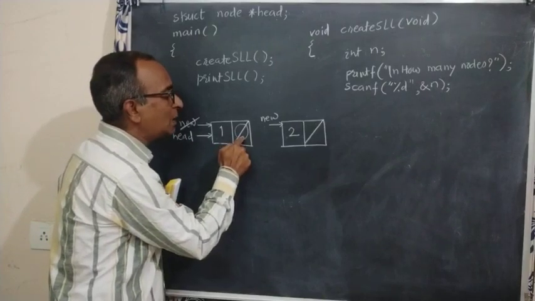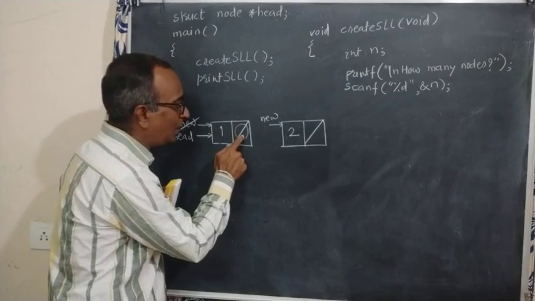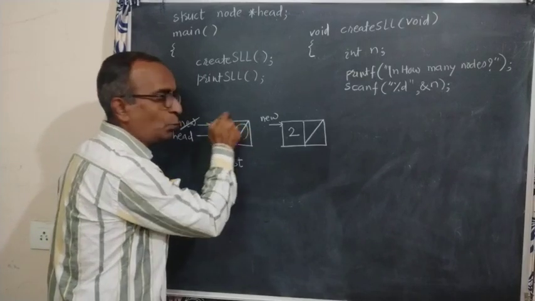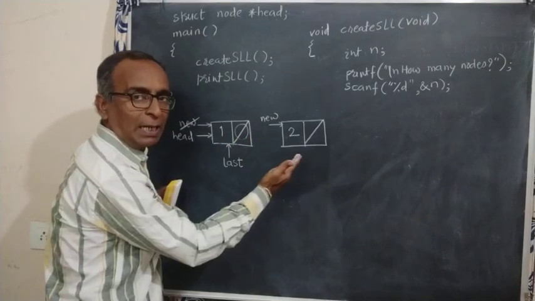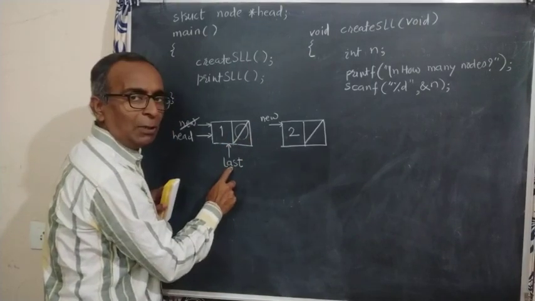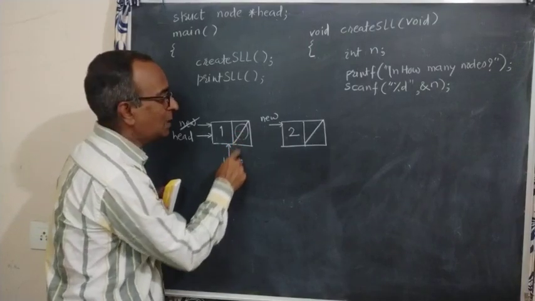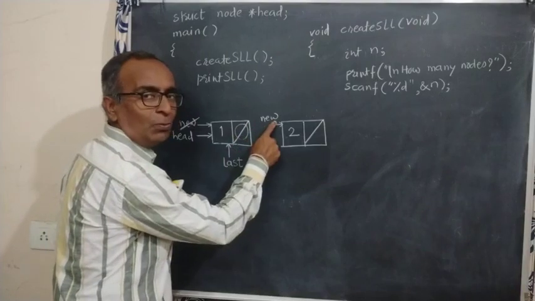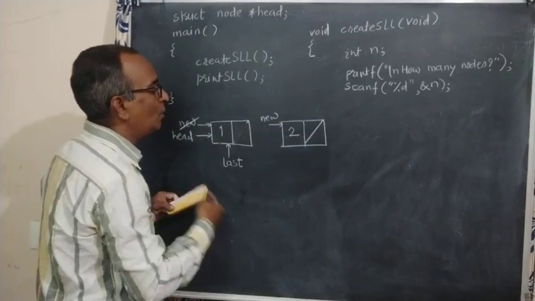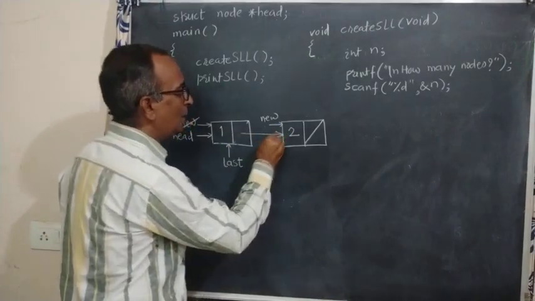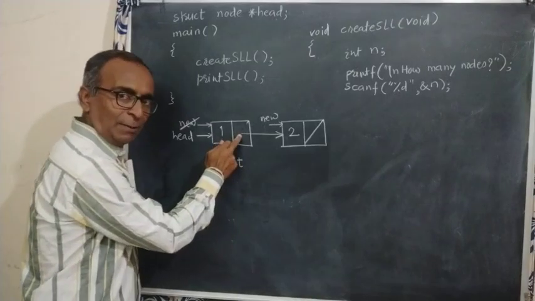Now, how to access this pointer field? This node's address we should know. This node's address is in last, because after last we are adding. This we are maintaining always. Last node, so last link field we are giving new. So what will happen? This last link field, when we are giving new, it is pointing to the next node. This field we have set.